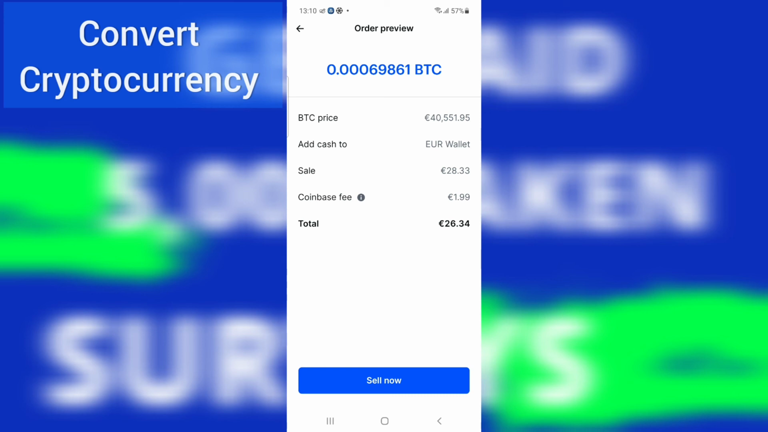So if I click on sell now, they will take $2. Let me say Coinbase will take $2 and they will give me 26 euros and 34 cents. That is how much I've received on my paper account if I do this transaction. But I don't want to do it, but I'm showing you how you can convert it and how you can transfer the money into your bank account. So once you click on sell now,